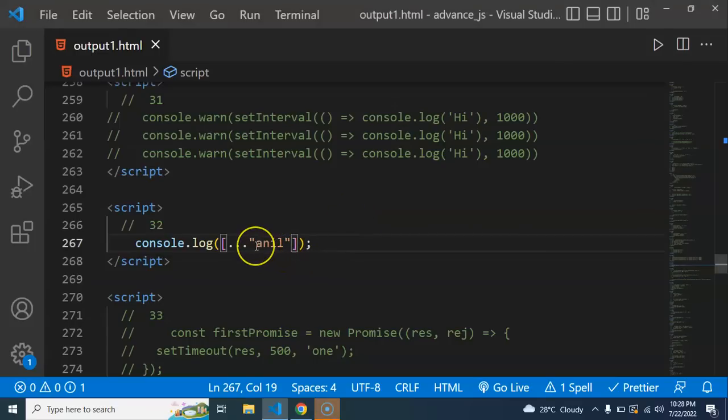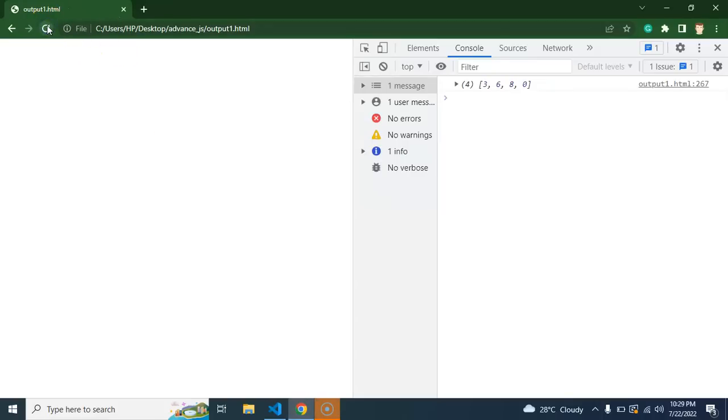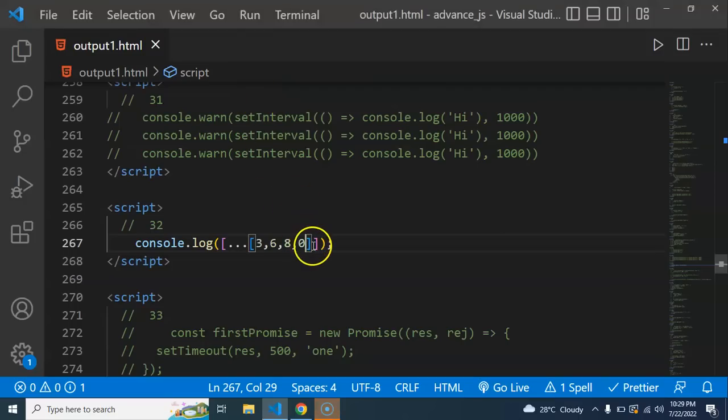So what is the purpose of the spread operator? The spread operator will destructure. What will destructuring actually do? It will break our array or object or string into minimal parts. So let's say if I have an array, let me just show you. Like this, right? And if you check that output, okay,